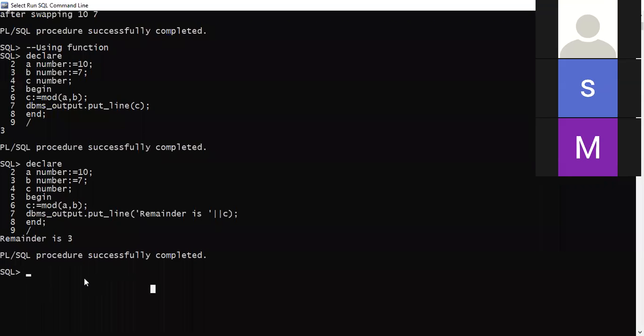So when the user is asked to enter a number and check if the entered number is even, what is the logic we use? The entered number we try to divide by 2. If the remainder is 0, then the entered value is an even number. So let us do that program here. I already have done that program to save the time. I will just copy it.